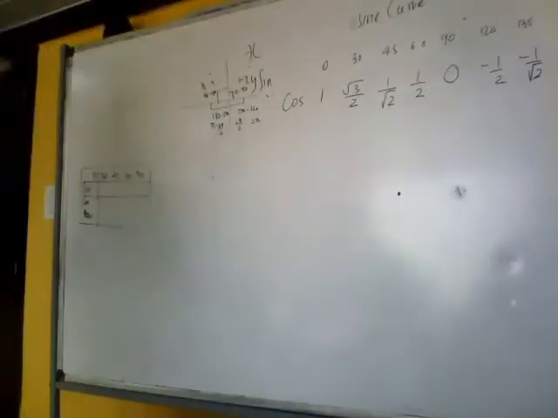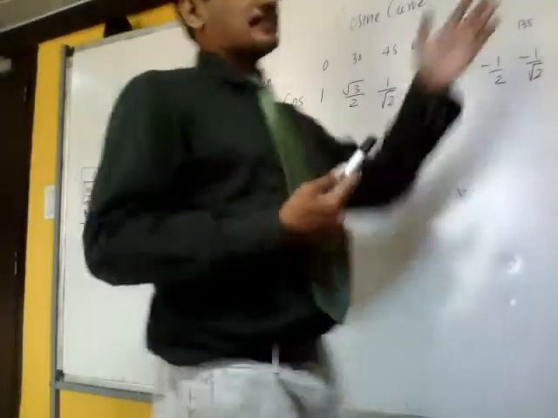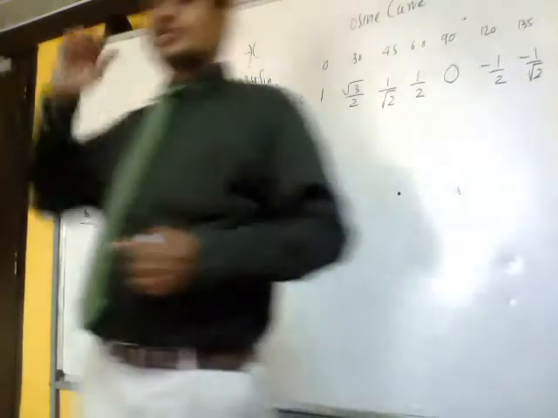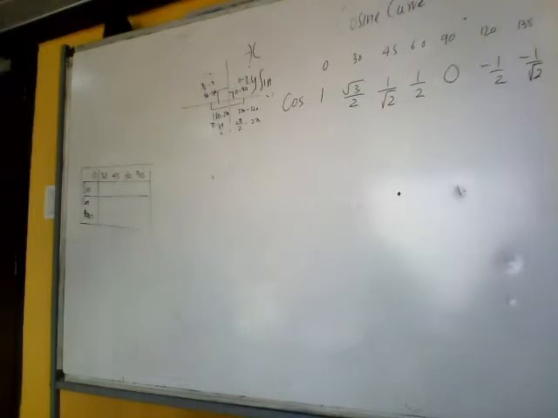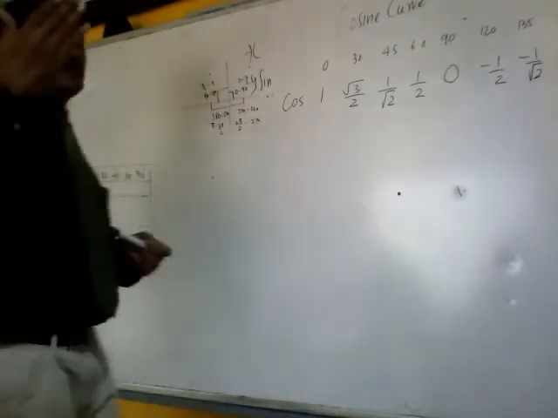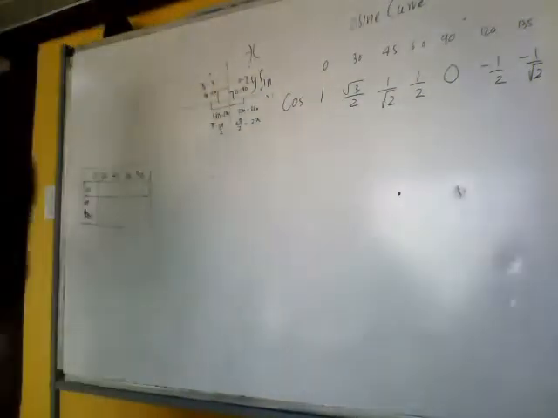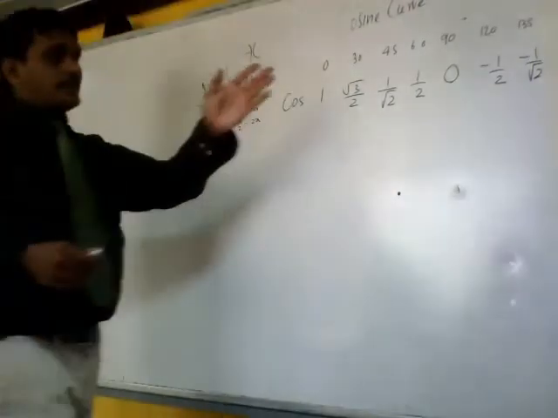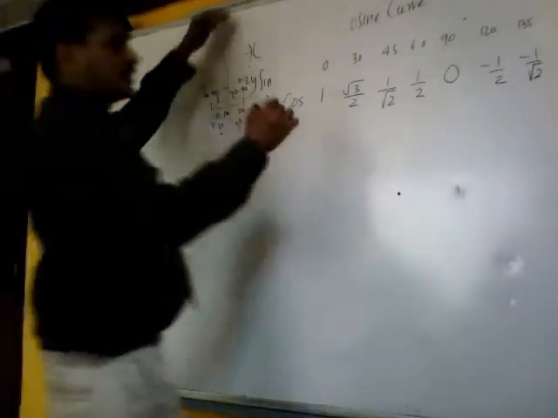So if you see the pattern, it decreases from 1 to 0. In the absolute sense it increases, because if I ignore the negative it increases. But in real sense, it does not increase. It decreases, because when you move from 0 to minus 1, it's a decrease. So evidently it is between minus 1 and plus 1. Cos won't be beyond plus 1 on the higher side and not less than minus 1 on the lower side. So let's try to draw this on the graph and see how we can deduce this in a graphical form.